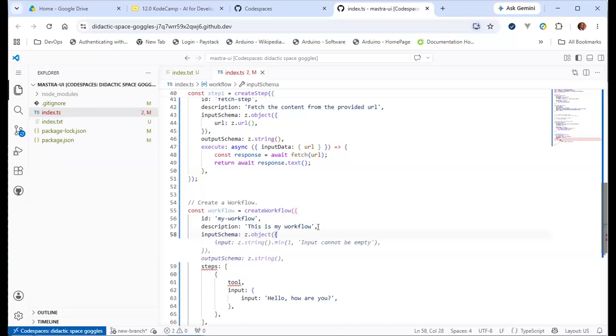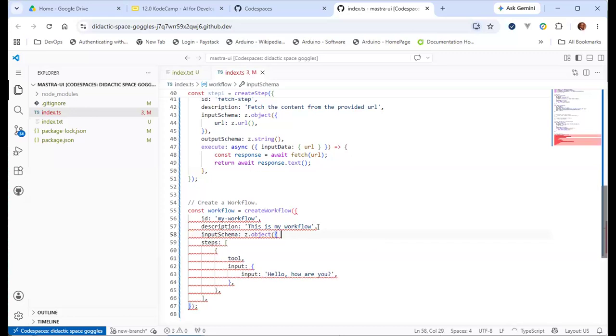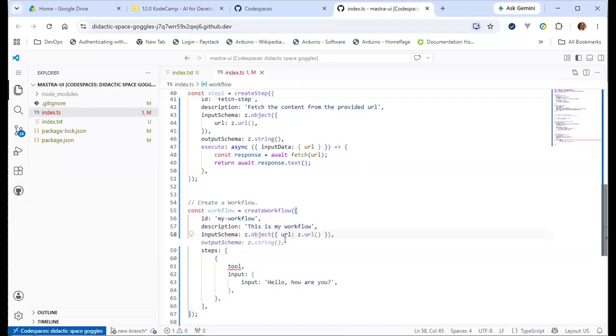And this input schema is still a Zod object. We're still starting with the URL because that URL is going to be passed from the beginning of the workflow into the first step of the workflow and then into the next step and so on. Okay, then we'll have an output schema.